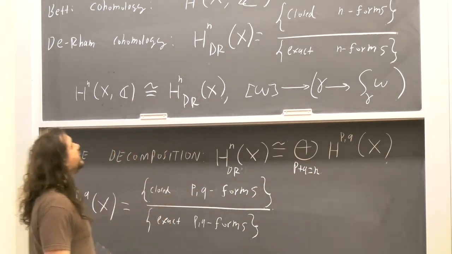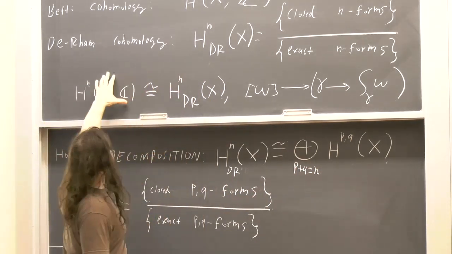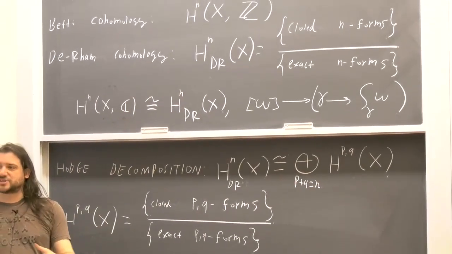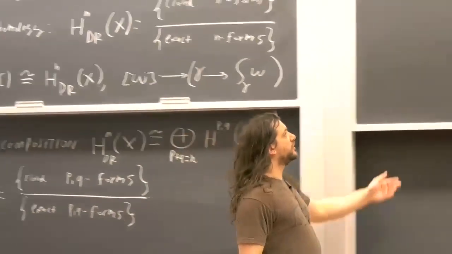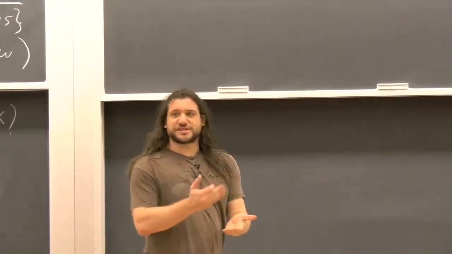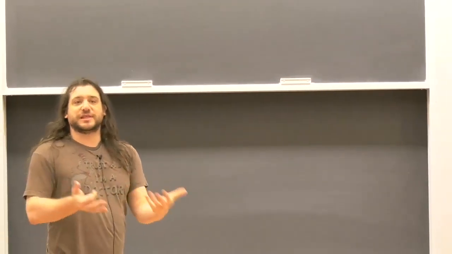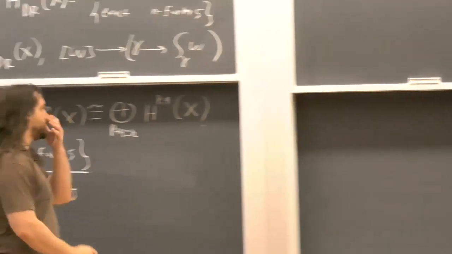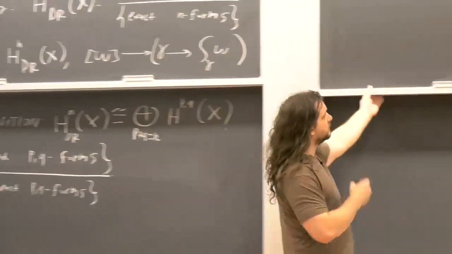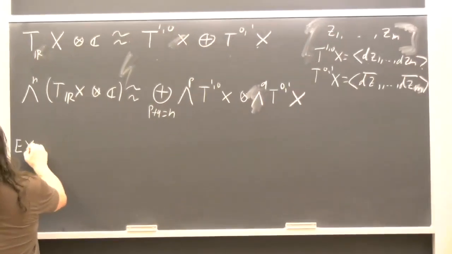Because now what we have is a lattice. We can take that lattice tensor C and get a vector space. That's so far unimpressive. But now what we can do is, within that vector space, give certain subspaces. And now the data of those subspaces together with the lattice holds a lot of information all of a sudden. So to give a concrete example of this, which will be a running example for us, even at this point,